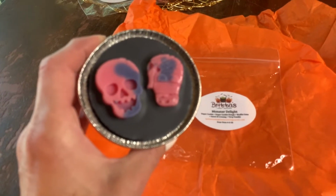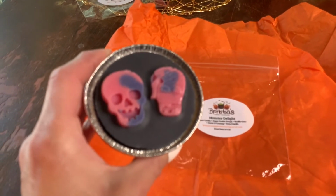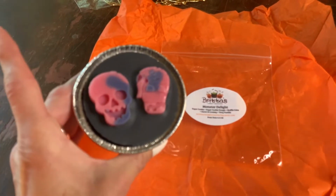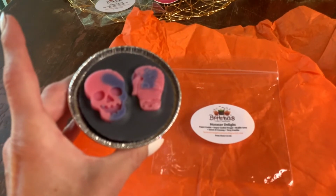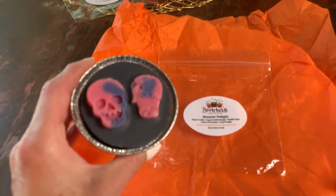bit of that ooey gooey, sugary cookie dough. You know how with cookie dough, you can almost taste and smell the crystallized sugar in it. So I get a vanilla, sugar doughy type fragrance. I really don't get much waffle cone, and I don't get much baked sugar cookie, but I'd say if